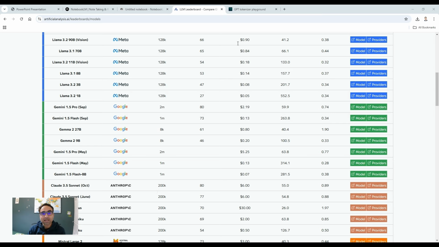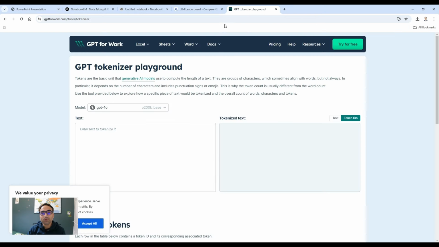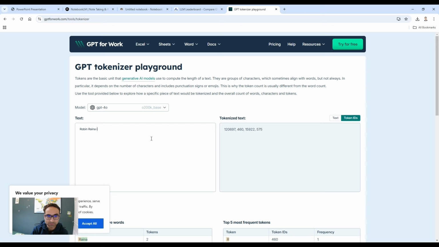So I would just quickly show you now how the GPT tokenizer playground works. When I talked about tokens, tokens are the basic unit of generative AI models, which helps to compute the length of a text. It is not necessarily that the length of the text is the same as the number of tokens, because it depends on the number of characters, including punctuation signs or emojis. So here I will give an example. If I'm saying Robin,